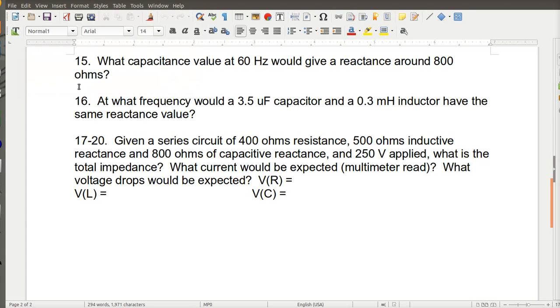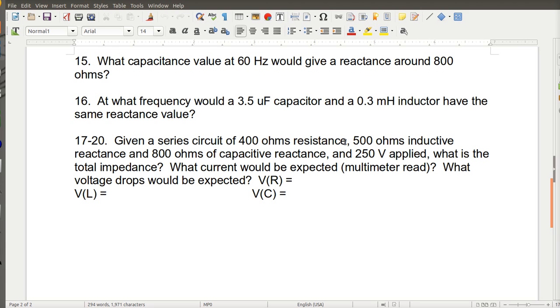Okay, my second video went longer than I wanted, so I want to do a third one, and I want to do this problem here, worksheet 6, 17 to 20: 400 ohms resistance, 500 ohms inductive reactance, 800 ohms capacitive reactance. In order to do this in LTspice, you'd have to pick a frequency, figure out what